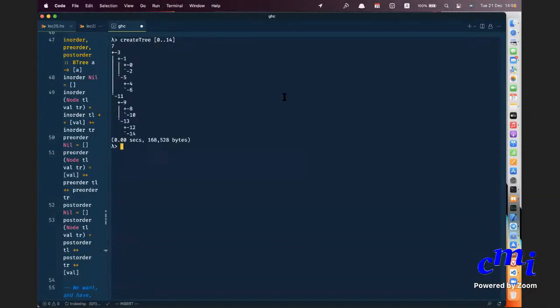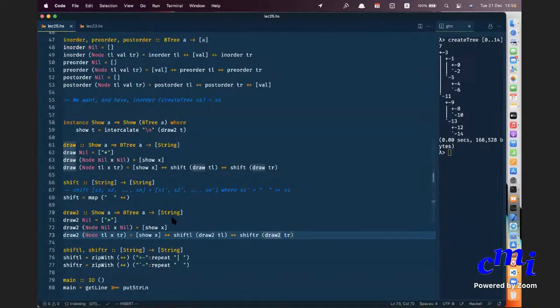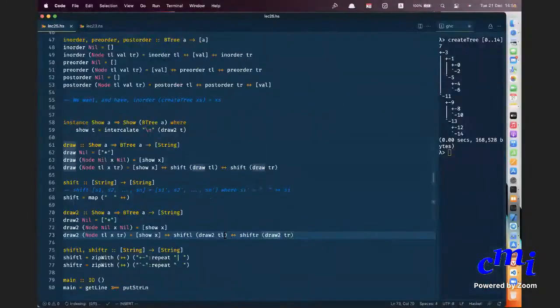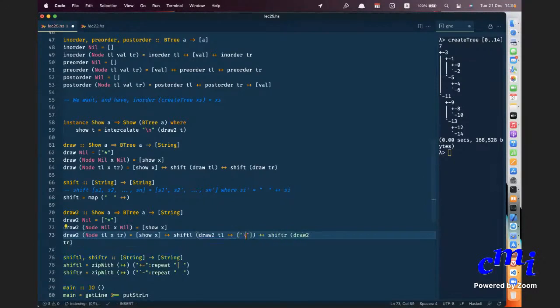Yeah, is it clear? If you want, I can add more lines also into it. I can stretch this out. I can say draw2 will give me this thing, right? And I can actually do ++, I'll add one line after that. No, I should add the line before.